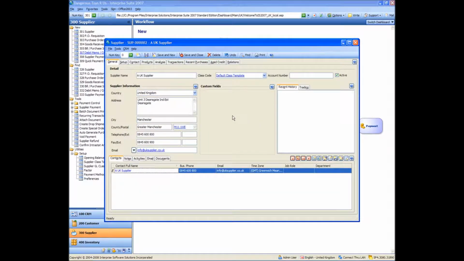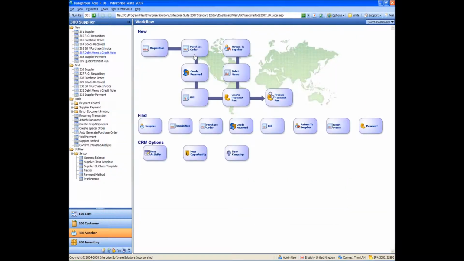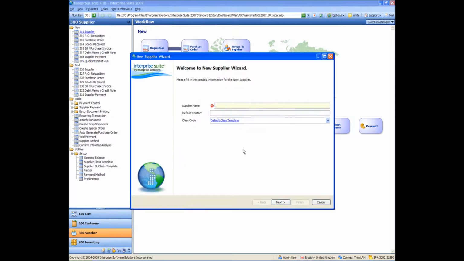So very similar between customer and supplier, the way that all the wizards work and everything, where you get to the end of the wizard, then it opens the record up and things like that. It's quite consistent through the system, so once you get used to it, it's quite nice and easy to use. Okay, I'm going to save and close on that. I'm going to create a new supplier,